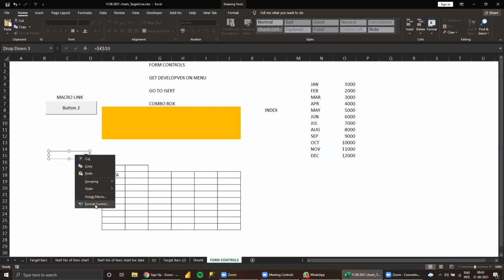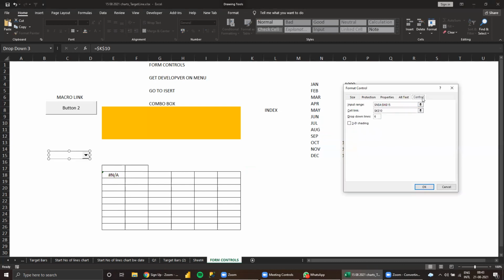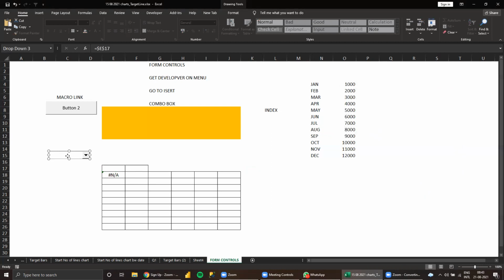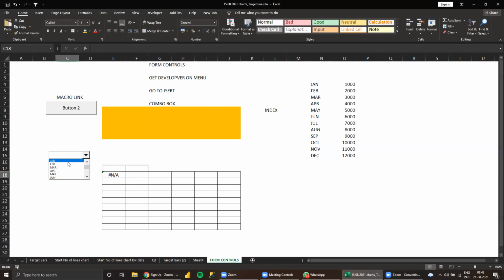Go to form controls. This control, I can link the number here. Then give OK. Now see here, as and when I select here, automatically I get the number here.